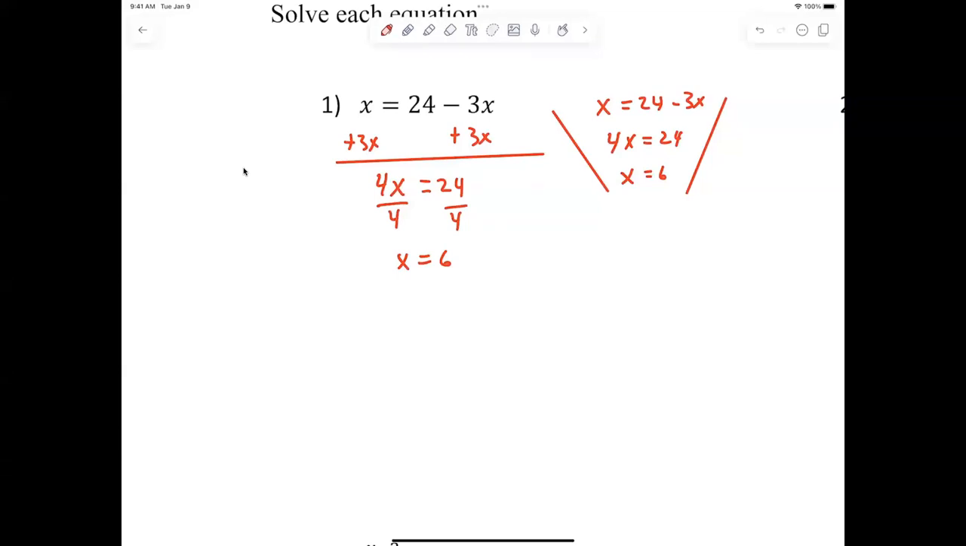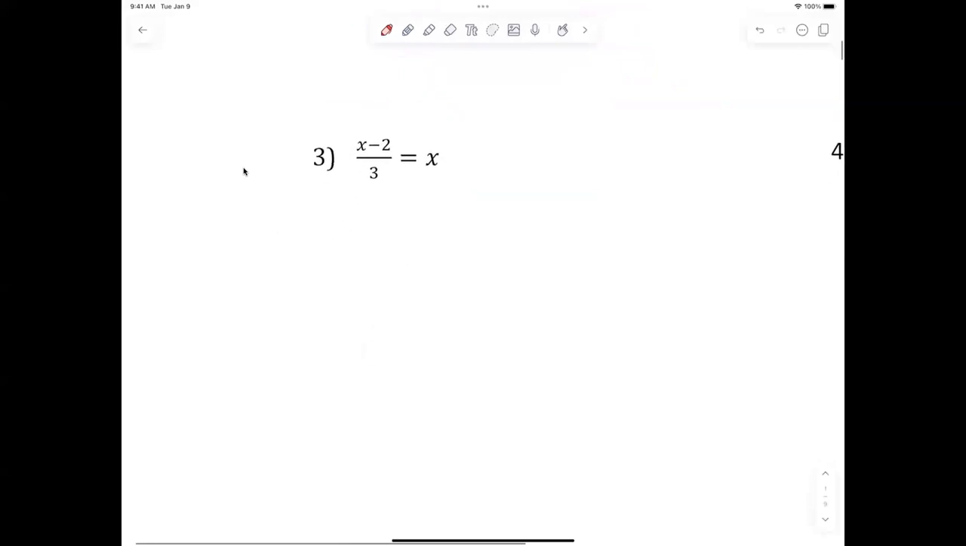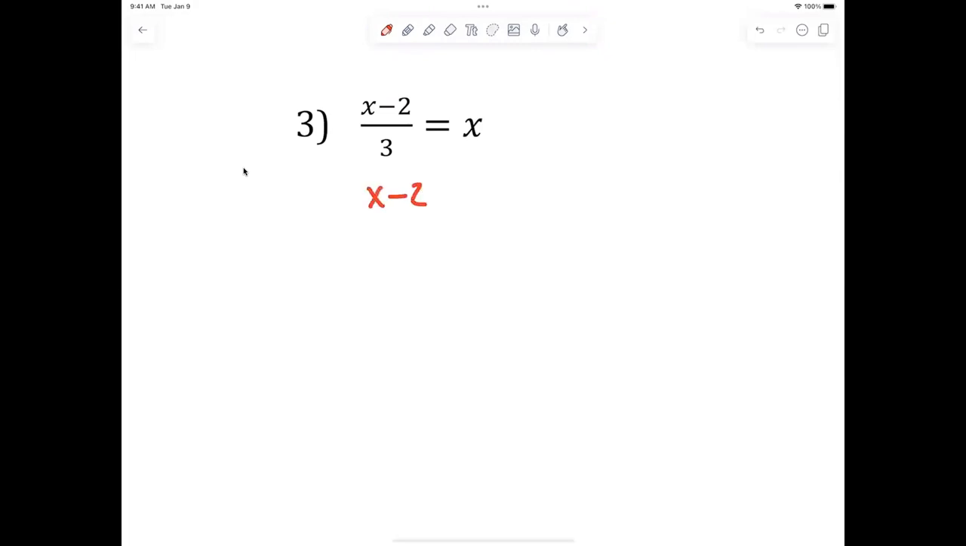All right, here we go. Let's take a look now at number 3. All right, now how do we get rid of dividing by 3? So everybody should be able to put x minus 2 equals 3x, right? Now I'm moving the x over here with the 3x. So if I subtract x, that's going to be what? 2x. And now I divide by 2, correct? So x is equal to